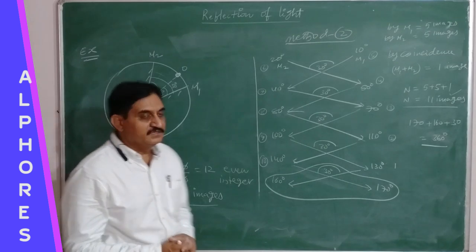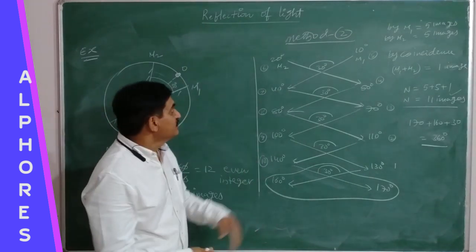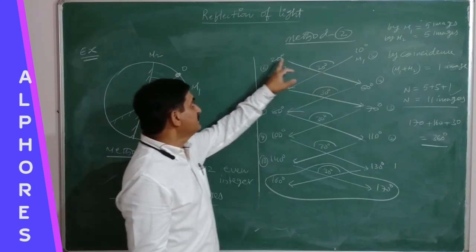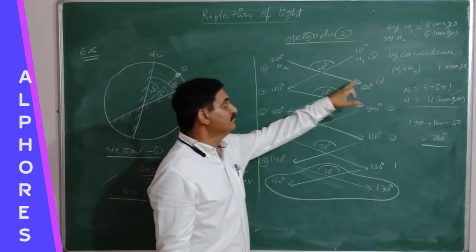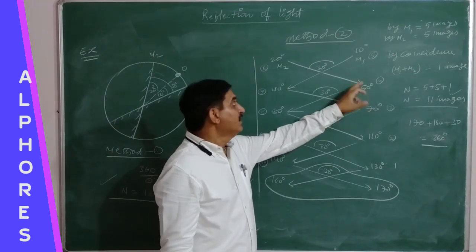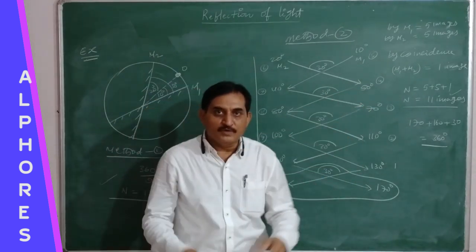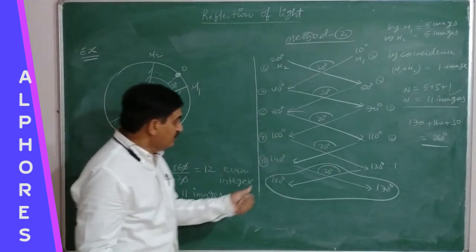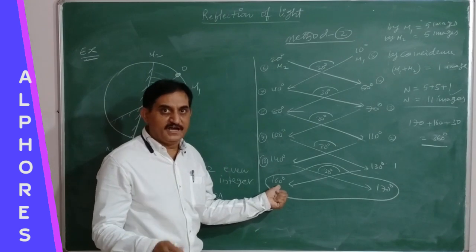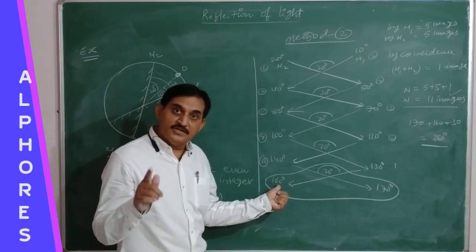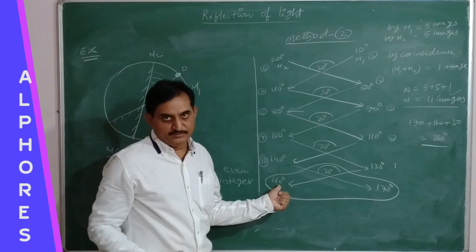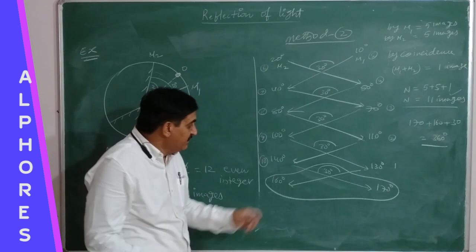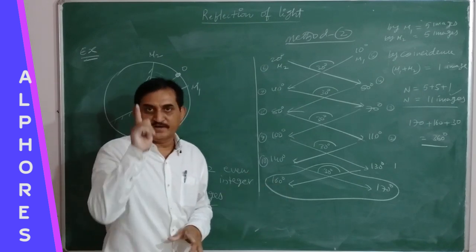Therefore, I am repeating the conditions once again. So when you are taking this addition, the angle between the two plane mirrors and the initial angle, adding them, you are getting the final angle. Like that, for each mirror, you are doing so till you get 180 degree for each mirror. So if it is attaining exactly 180 degree or more than 180 degree, you should not take into account that value. It is omitted. And before reaching 180 degree, that is taken into account. This is point number 1.